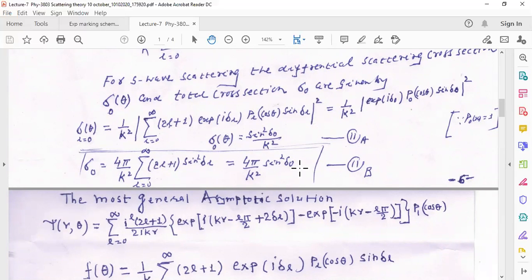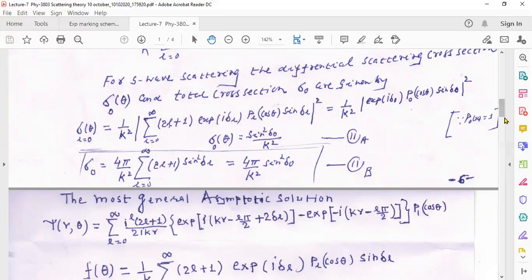So today we have calculated the differential scattering cross section and total scattering cross section for the S wave. You know, the S wave is spherically symmetric, and most of the time, whenever you do a scattering analysis, the contribution of the S wave is more prominent. So we will concentrate on S wave scattering. This is very important. It gives you more information also. So now we may proceed further.